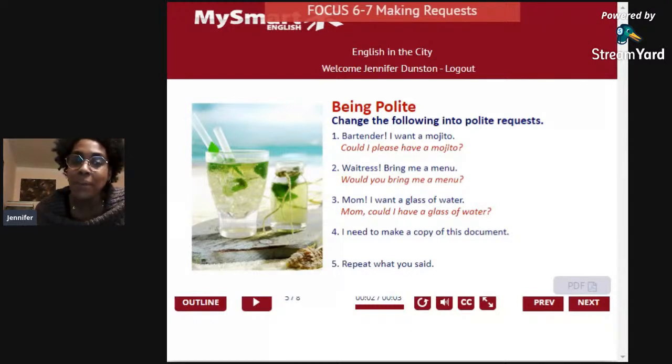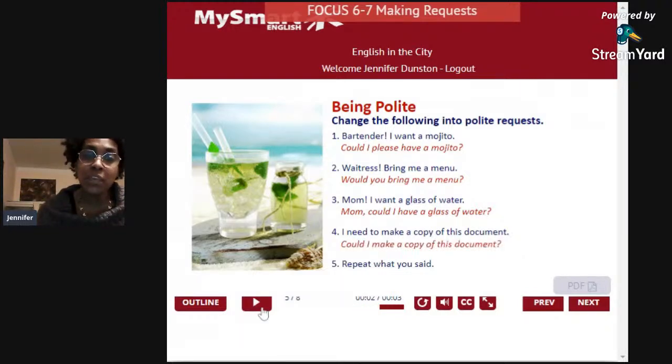We need to make a copy of a document. So we're at that copy shop. I don't know what it's called. You go to a place and say, listen, I need copies, and I need copies now. Whatever you're doing, stop and make me some copies. Very good, Barbara. Beautiful. May I have a copy of this document, please? That's the way you make your request.